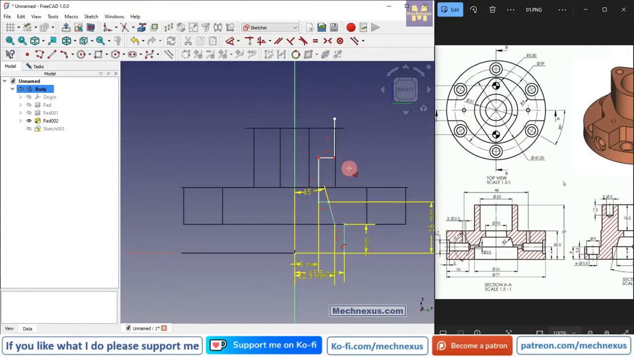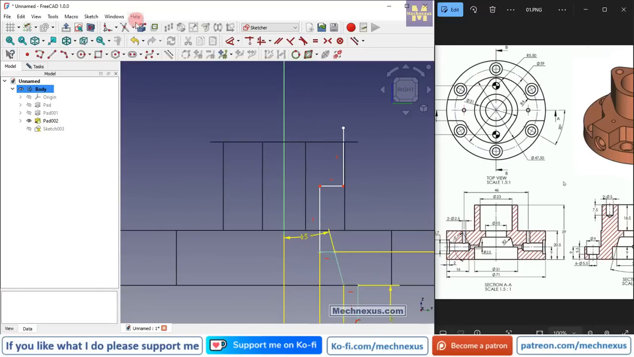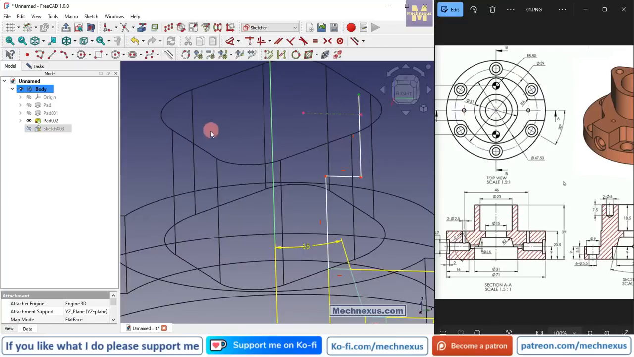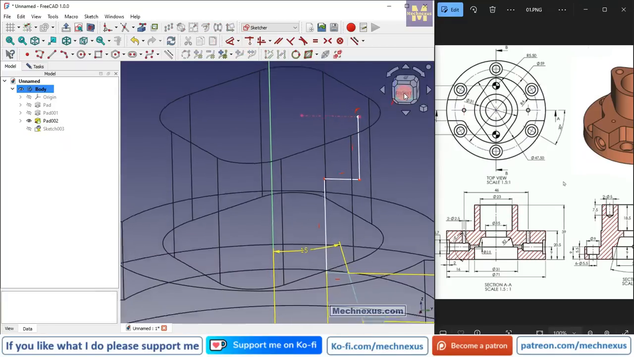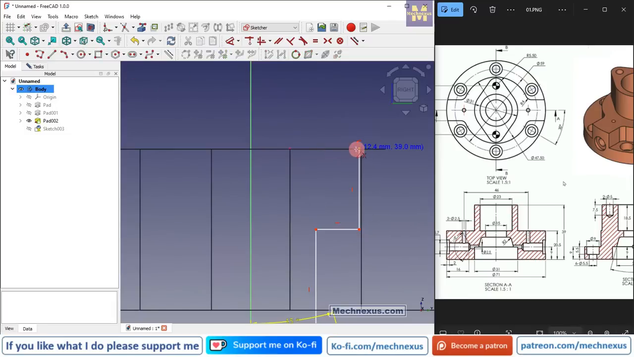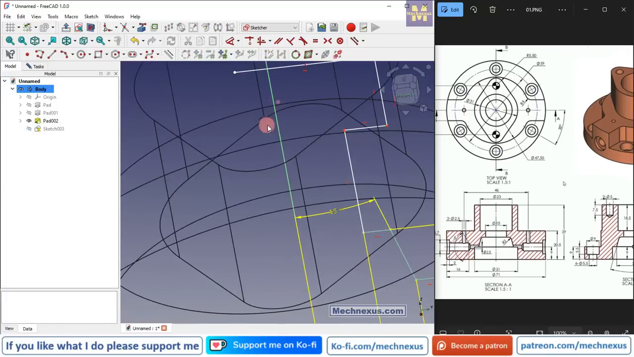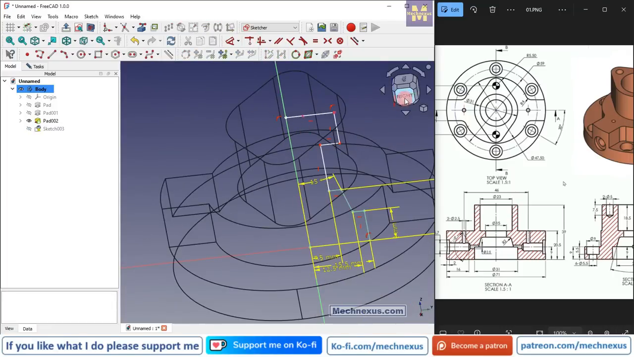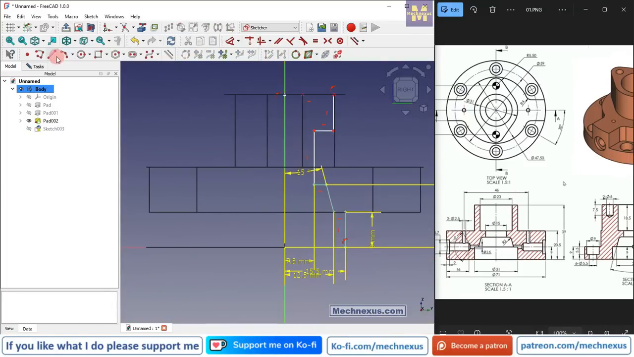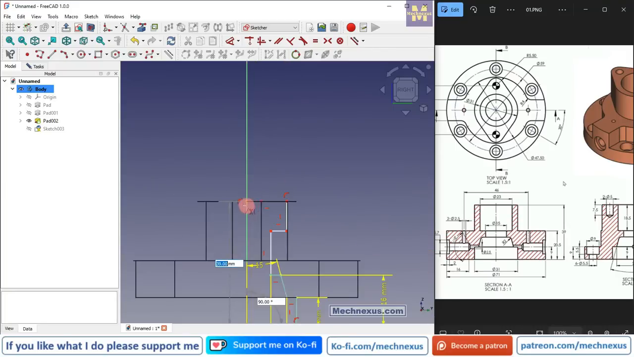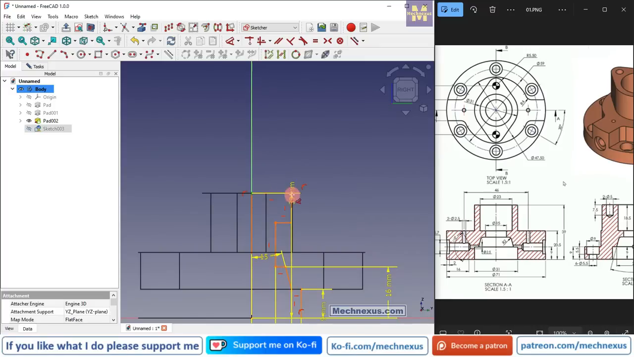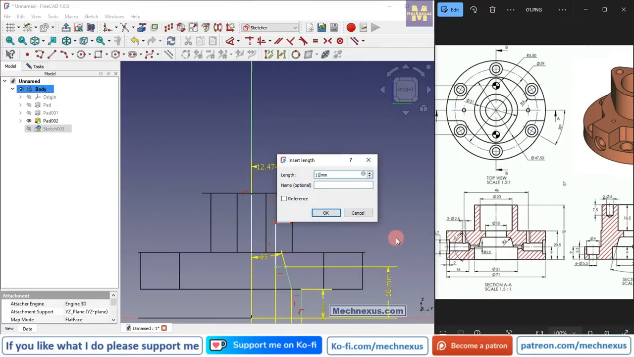And now we will project this top edge, and we will rotate our model, select this and add a coincidence. Now select the line tool and give it a horizontal relation, and select this point and axis and add a coincidence. Now switch to the right view, select a line tool and join it, and select a dimension tool. This to this is of 11.5,